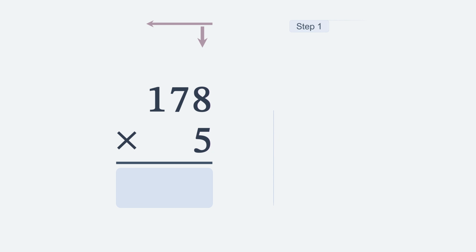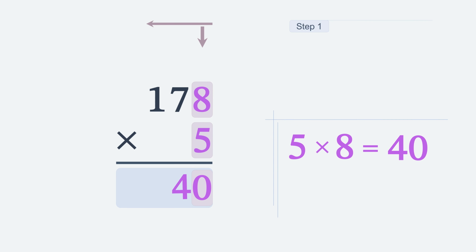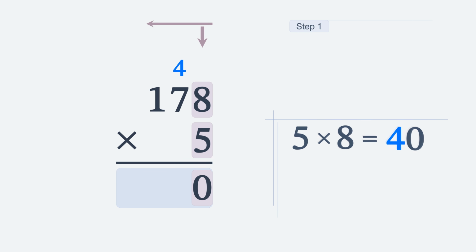And it's important to remember that we always start with the ones place column and then work our way to the left. For the first step, we multiply the bottom digit, 5, by the digit in the ones place of the top number, which is 8. 5 times 8 equals 40. We get a 2-digit number, and like with multi-digit addition, we have to carry the first digit up to the top of the next column, because it will be in the way of the next answer digit if we don't. Thus, we write 0 in the ones place of the answer and carry 4 up to the top of the next number place column, which is the tens place.